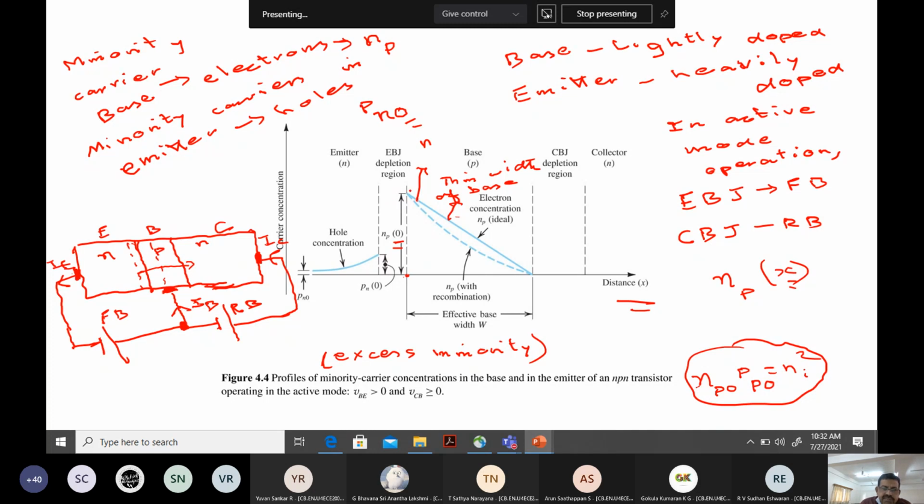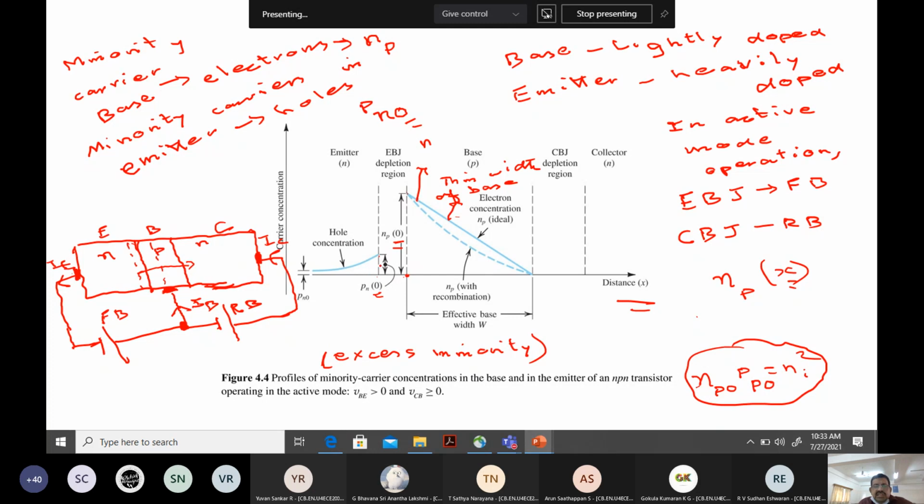Now, the crossover will take place, but you have to understand that more electrons are going to cross over from emitter to reach the collector. You will have the point at which this concentration, so this is referred to as at x equal to 0. Similarly, in the emitter region, the minority carrier is the hole. So we look at this edge, that is Pn naught. So you have to understand why these things are marked like this. Number 1. Number 2, I explained the profiles here.